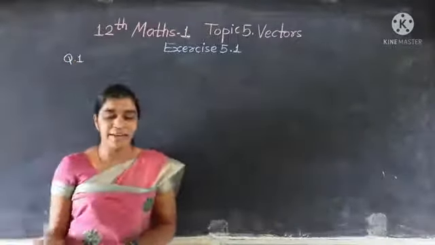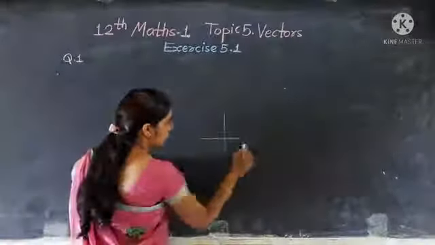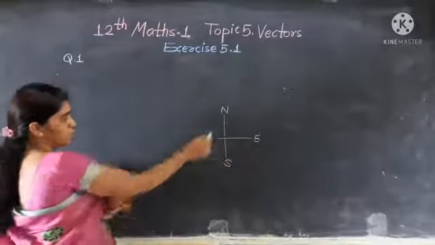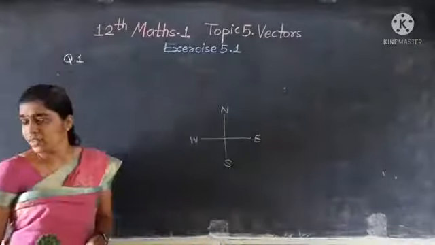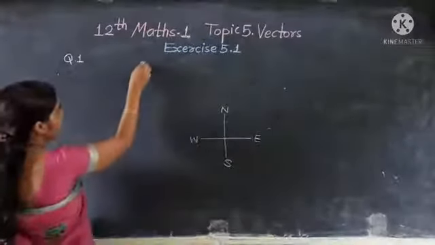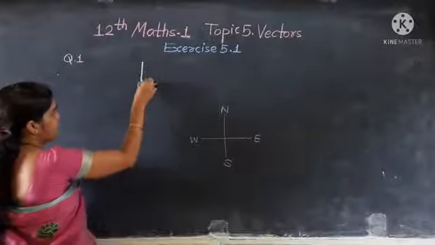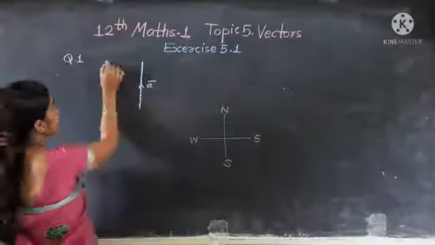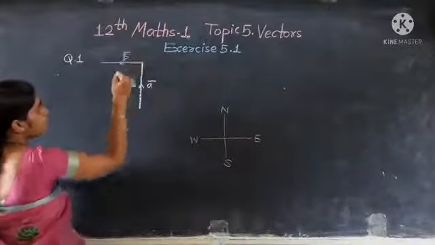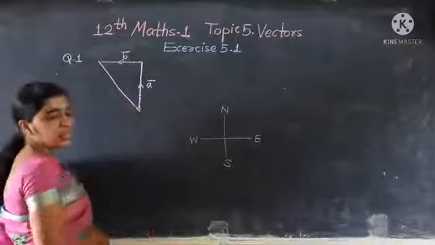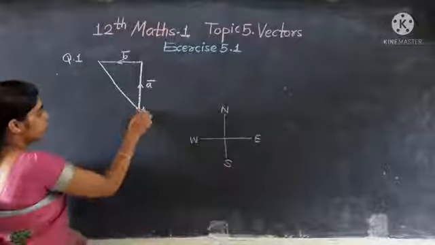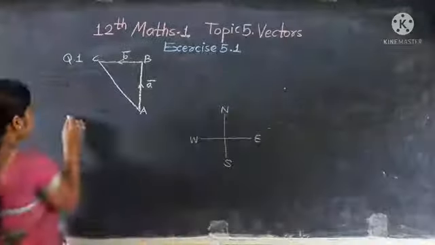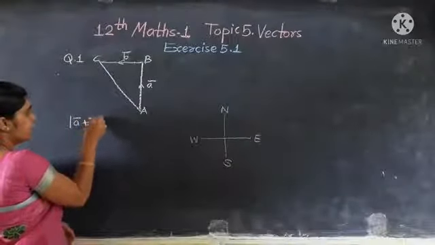Vector A bar is directed due north. You know the positions east, west, south and north. So A bar is given in the north direction, so you write it here in this way. This is the vector A bar in the north direction. And B bar is given in the west direction. West means here, this is the vector B bar. So we add these. This is the triangle law. You take this triangle as ABC. So what do we have to find? We have to find the magnitude of A bar plus B bar.